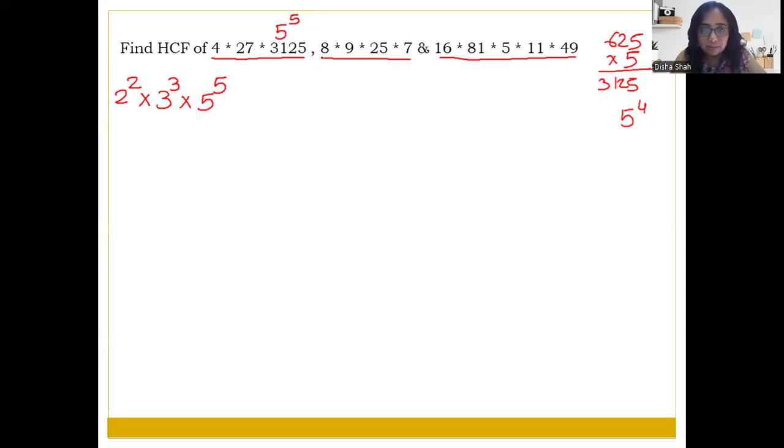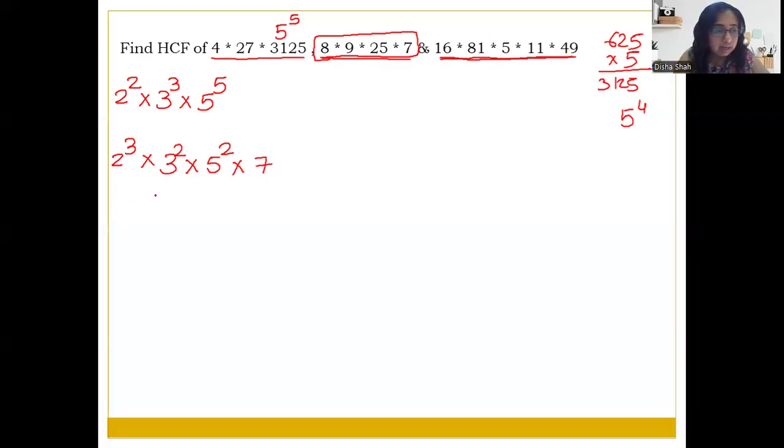This is one number, this is the second number, ये second number है, इसके भी टुकड़े करो। 8 can be written as 2 cube, 9 can be written as 3 square, 25 is 5 square, 7 as it is, last one। 16 can be written as 2 raised to 4, 81 can be written as 3 raised to 4, 5 and 11 as they are, and 49 can be written as 7 square। ठीक है, we have to find its HCF।